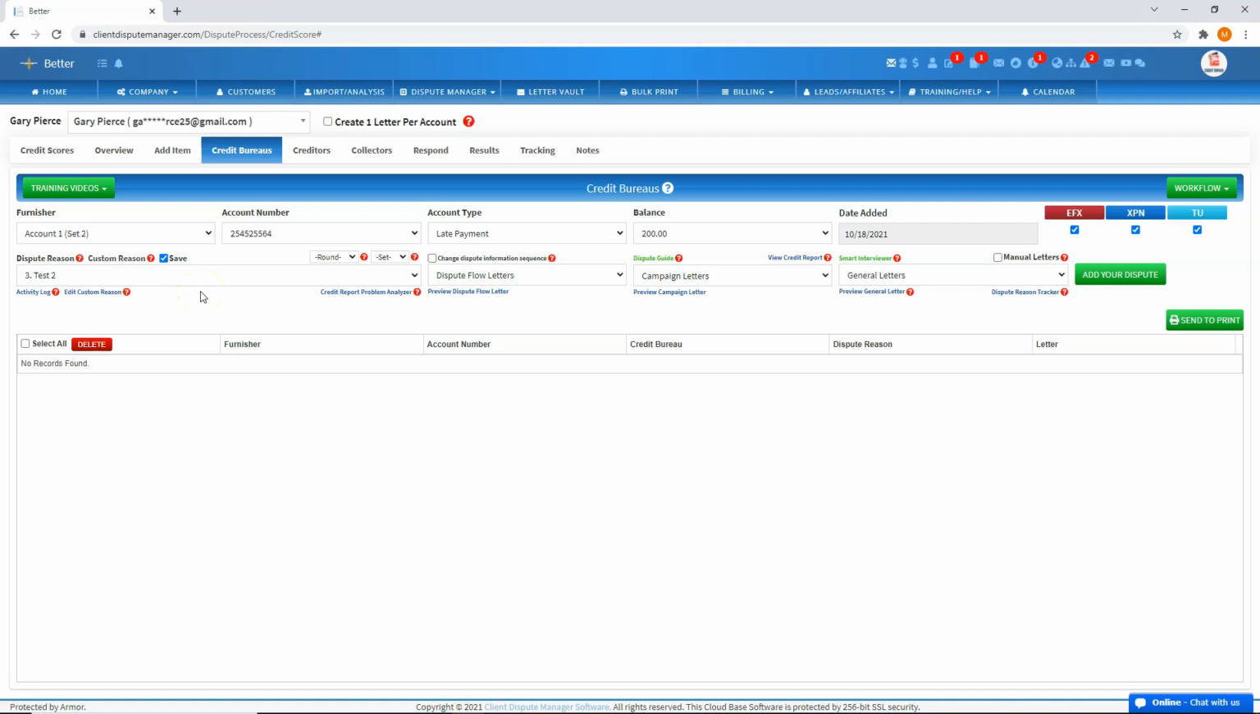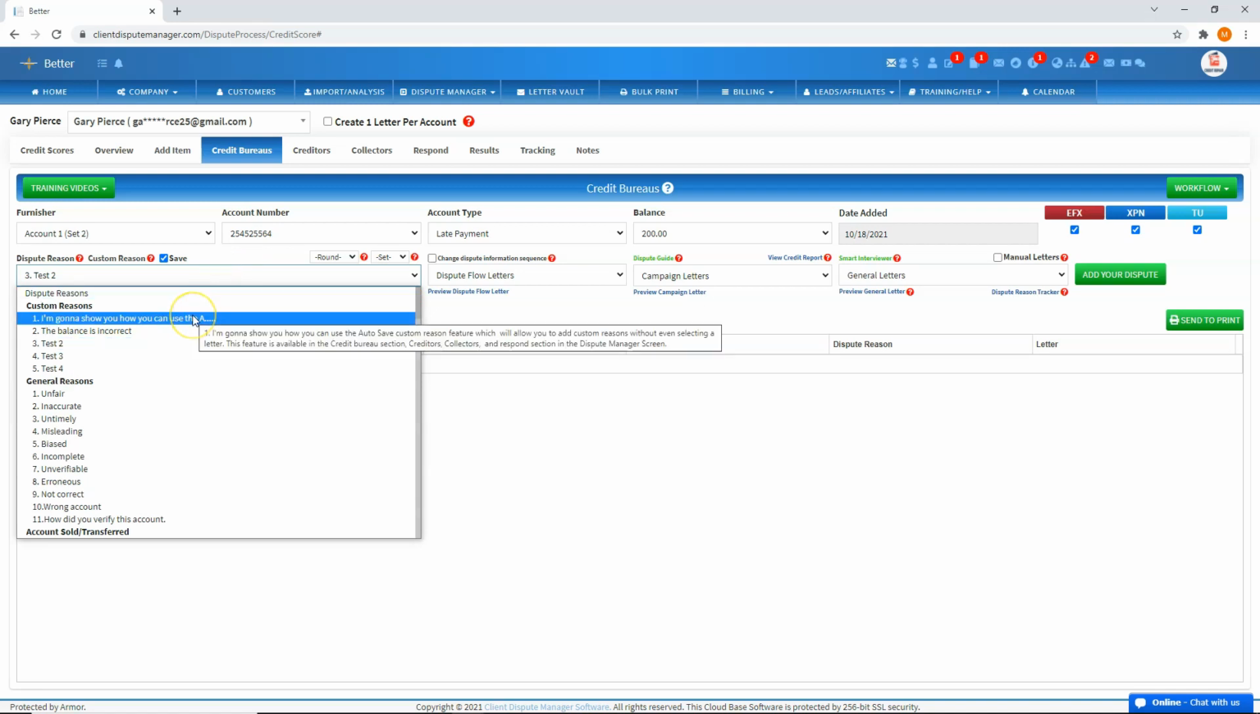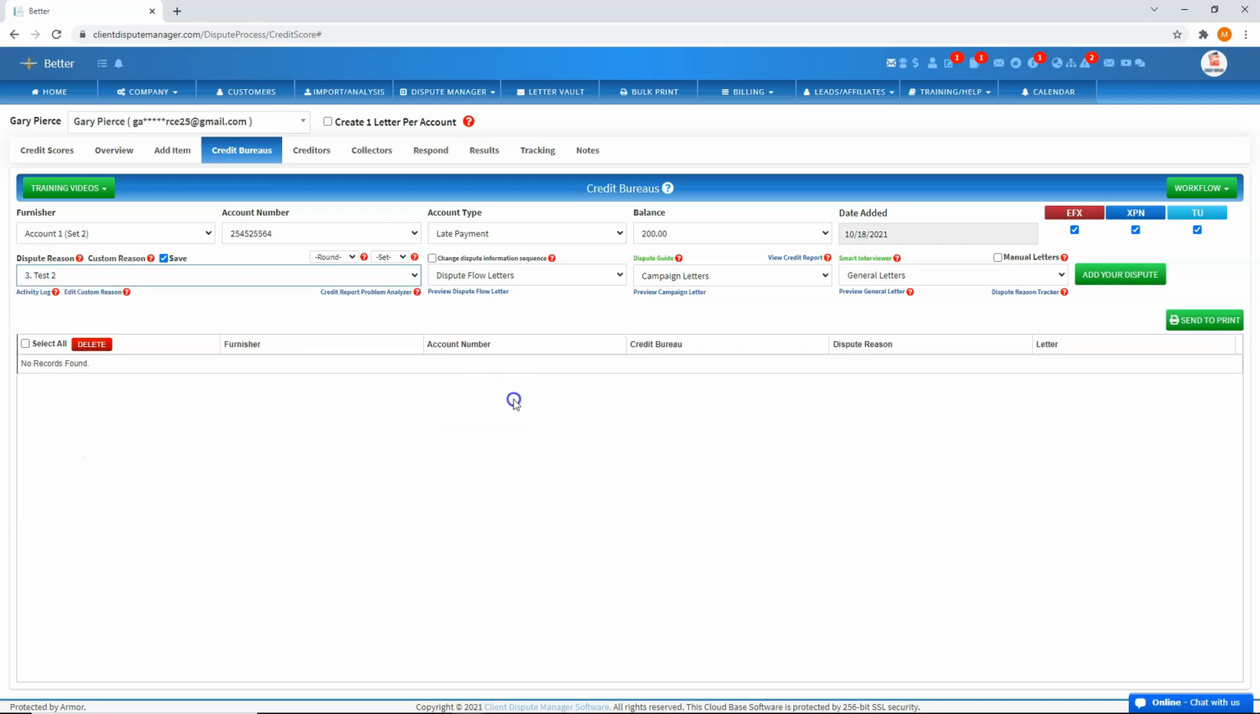Now, when adding a custom reason, if the custom reason is long, the custom reason in the drop down will show dots, like this for example. And if you want to check the whole reason, all you have to do is hover your mouse over that custom reason, and the whole reason will show up. Now that's it for the credit bureau section. Now let's go on to the next section, which is our